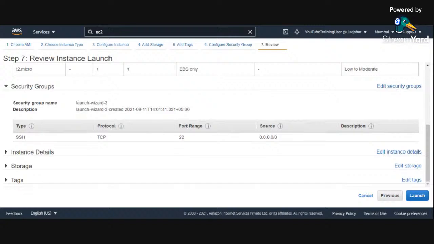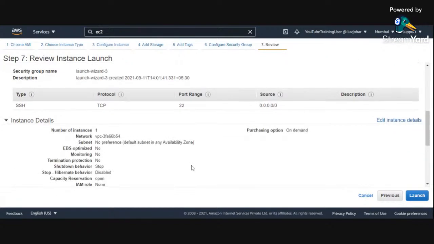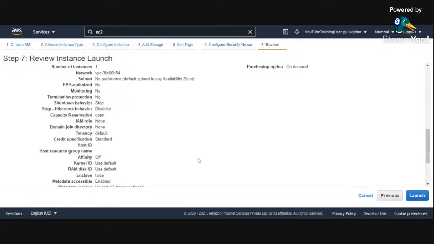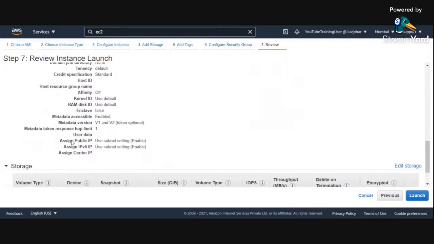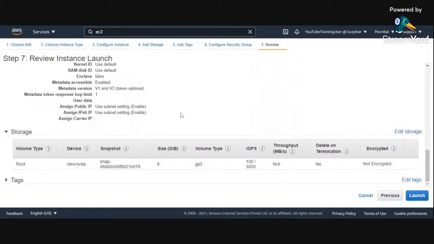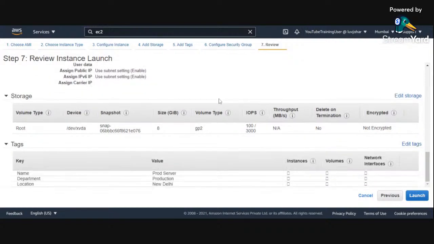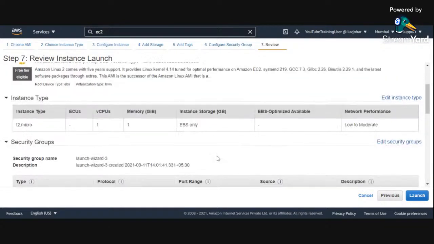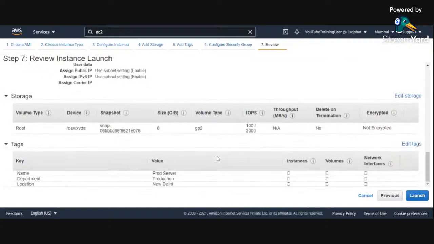Different security groups are there, which I have selected. Number of instances, different storage, what I have selected. Since we have gone with the default storage, that's why it's showing only one storage. Different tags, what all tags we have selected. So different options, as you can see, whatever we have chosen in the past, it is showing us in the